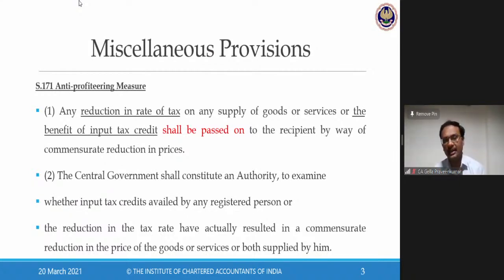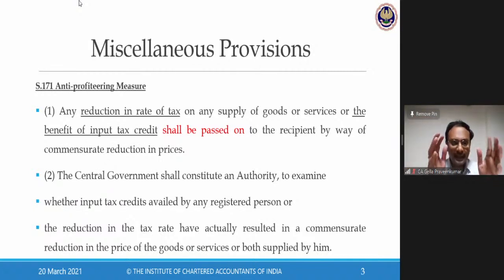which should have been passed on to the recipient. In case you have been aggrieved, if you feel that your supplier has not reduced any taxation, how do I get to know that my supplier has enjoyed the benefit of tax and has not passed on that benefit? Look at your bill: pre 30th June, post 30th June, the bill on 30th June 2017 and the bill after 1st July 2017. There should be an impact of either of these two elements.